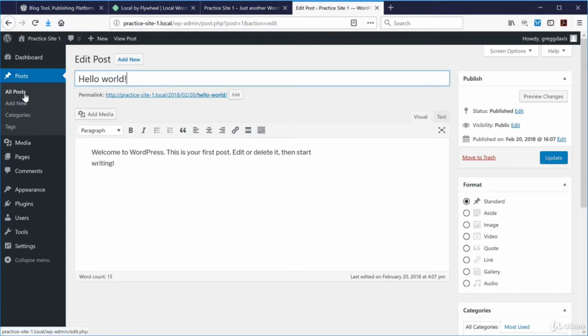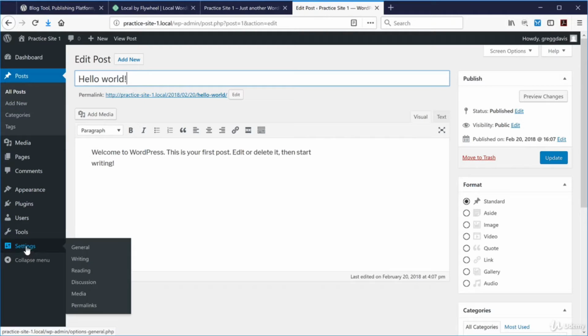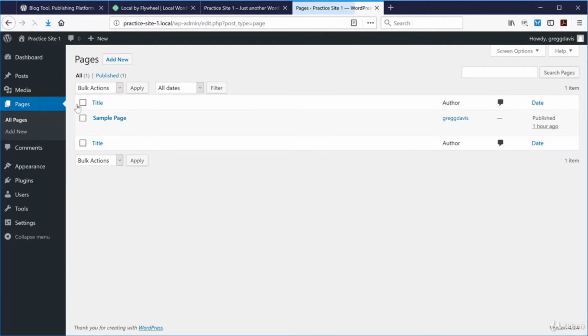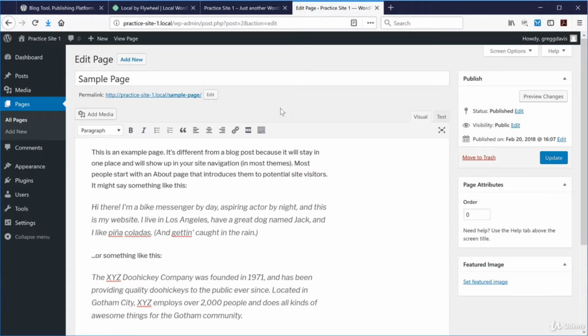And if we go back to the settings in the dashboard, I just want to show you under settings and reading, we have the website set so that the home page displays the latest posts. Now, if we go back to pages, WordPress also comes with a sample page. If I click on the title of that page, pages are different. They don't have categories and tags associated with them like posts do, and they're designed to be more like static